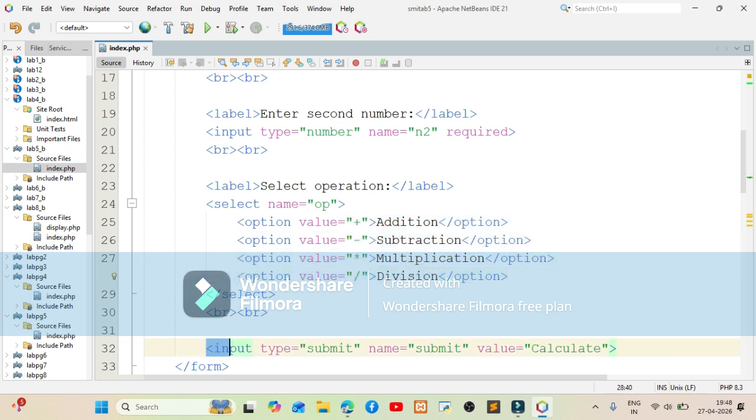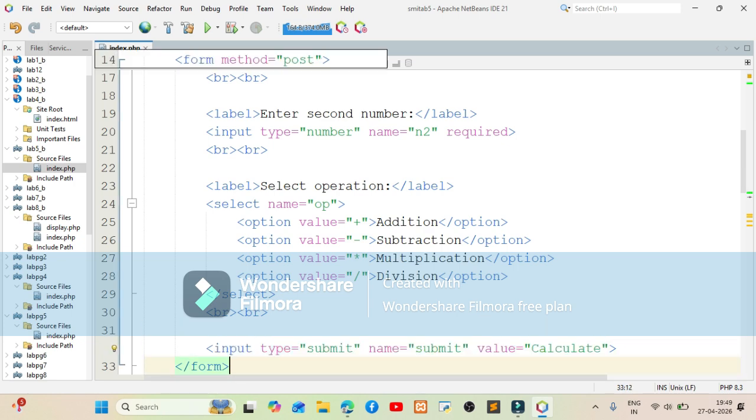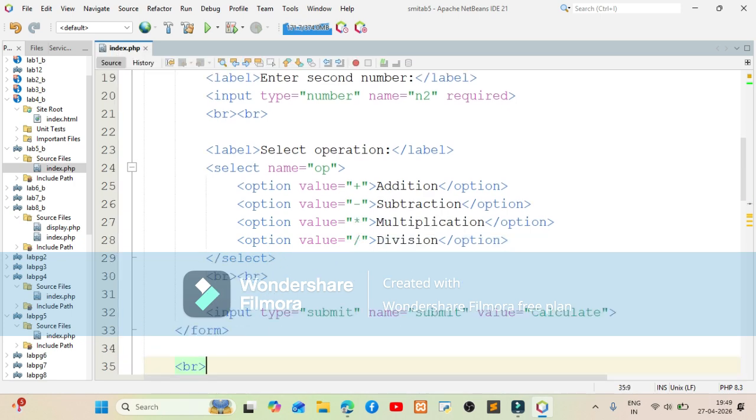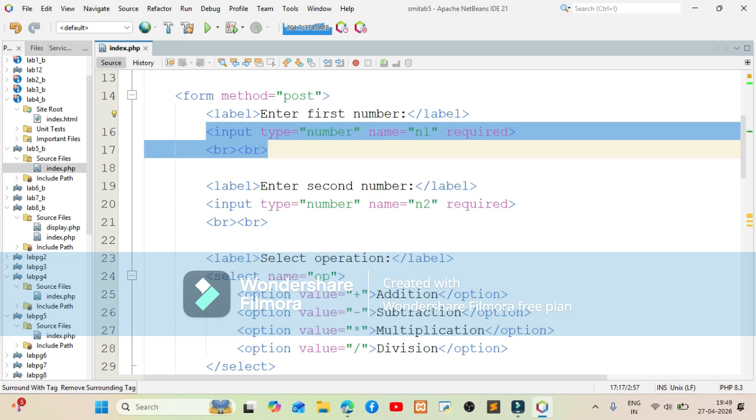Next, there is an input type submit. This is our submit button. The name of this tag is submit and the value is Calculate. Fine, the form tag is over here. The first element says enter first number. Then there is an input type number, name is N1, and this is a compulsory field, so we say required.